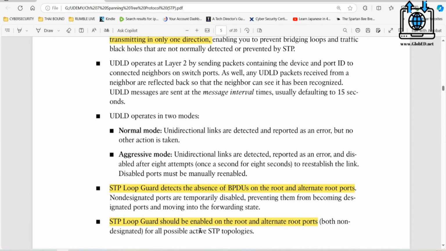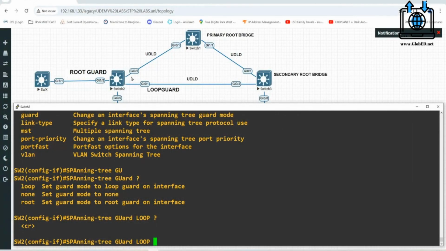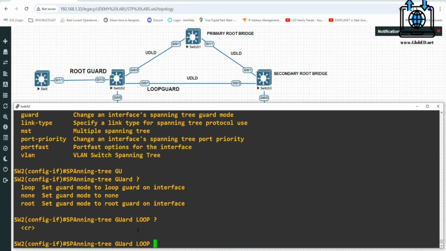STP loop guard should be enabled on root and alternate root ports, for both non-root designated ports in possible active STP topologies. So it's not going to kill anything. I could put it here as well, just to guard from creating loops. Okay, so we got our loop guard, we got our root guard.